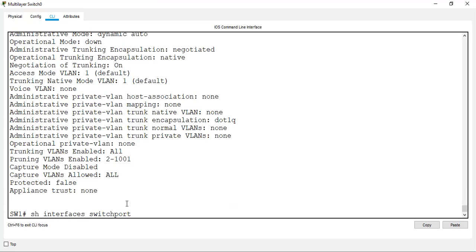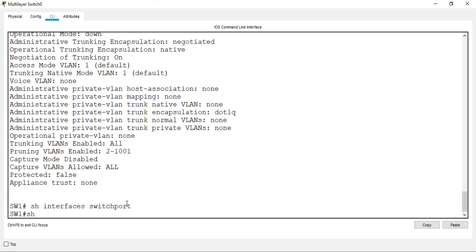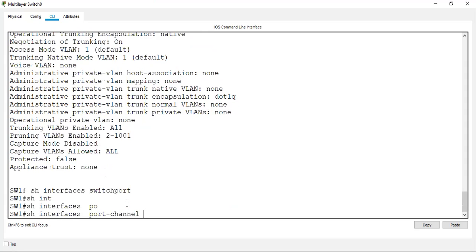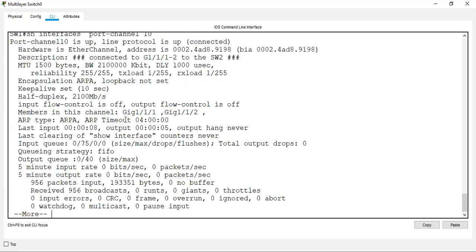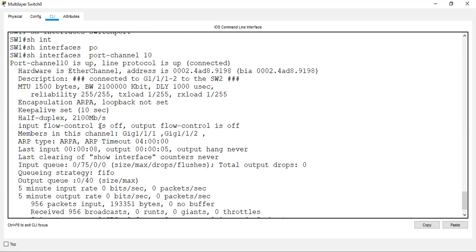Now we'll talk specifically about show interface port-channel. Let's say show interface port-channel 10. You can see here 2100 Mbps, from both the physical ports, gig 1 and gig 2. And we have something more to talk about: queuing.